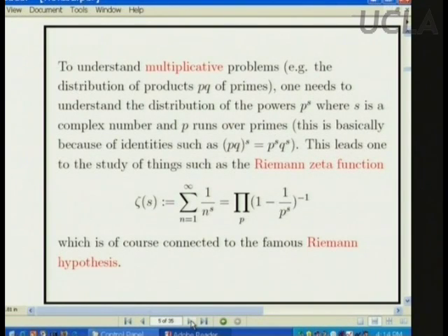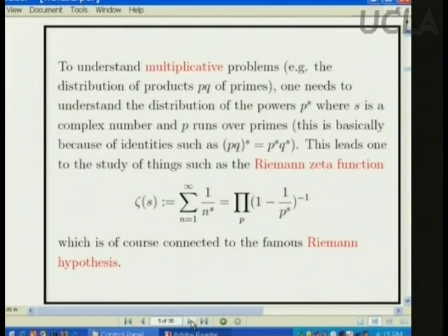The reason is a bit complicated, but it's ultimately due to this little algebraic fact that the product of two primes raised to the s is just the product of p to the s and q to the s. So if you understand p to the s and you understand q to the s, in principle you understand what pq to the s is doing. If you understand what the primes to any s are doing, then you know what products of primes to any s are doing. And if you do that for every s, you can start doing some sort of contour integration or Fourier analysis. This idea goes back to Euler,